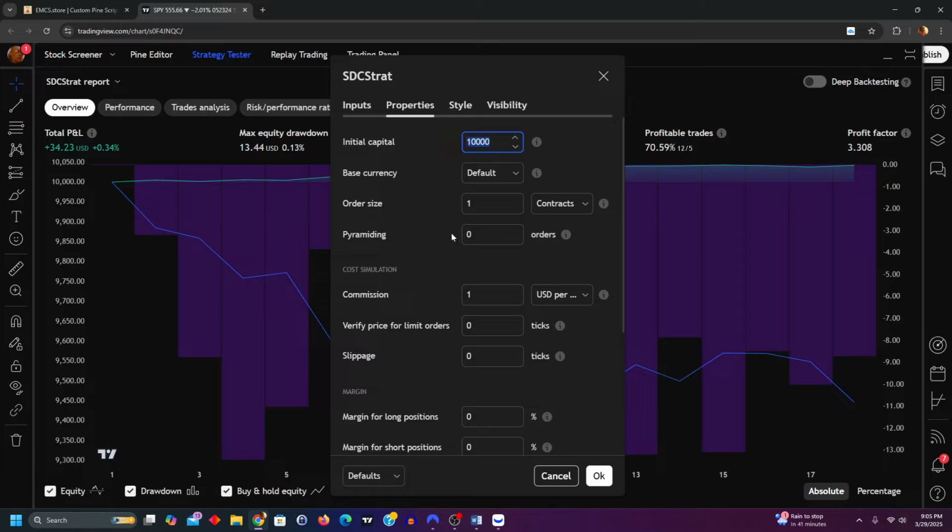With zero pyramid, which means no dollar cost average. You can do that, and we'll show you what that ends up doing. But for now, this is set at 0 DCA, and we set the commission at 1 USD per contract,